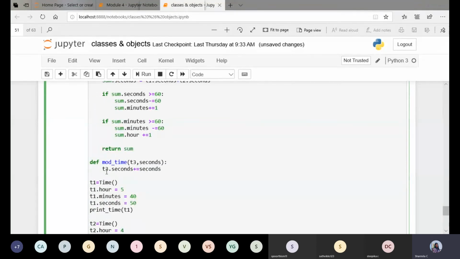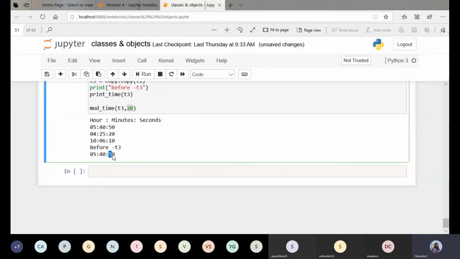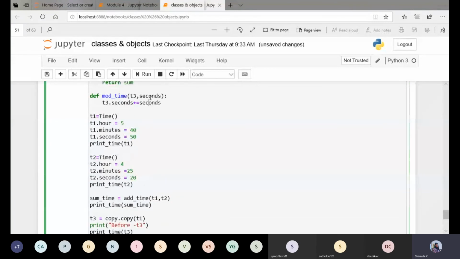So first, t3 dot seconds, for this 50 I'm adding the seconds value.